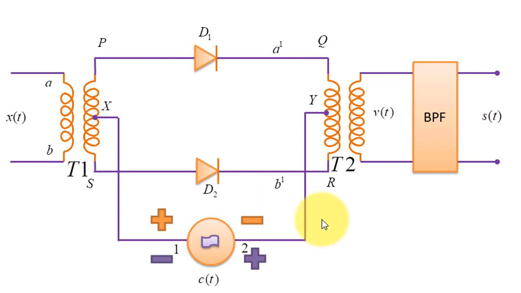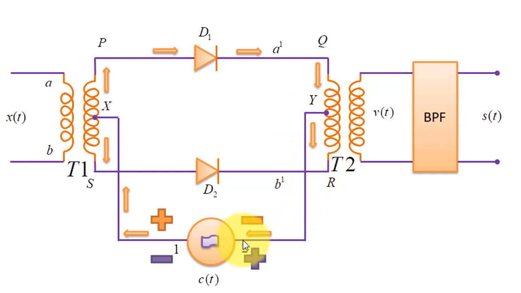So how will our circuit work? Here, since this is positive, it will conduct along this particular path. At this point our signal gets bifurcated, that is, one portion goes upside and another portion goes downside. For the upper portion your diode D1 will conduct, and it will follow this path to get back to this CT. Whereas the second portion, which is coming downward from here, will follow this path via D2.